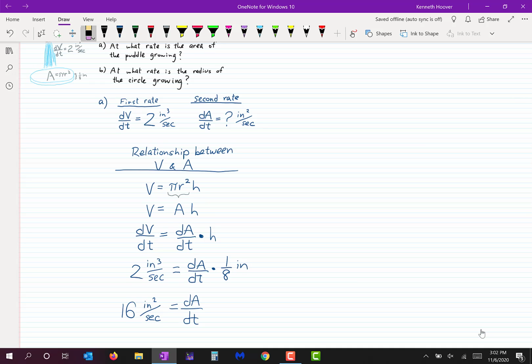Okay, now let's do B. Well, there's not very much to do because we're almost done. What would I do? I would write down the first rate. I've already done that. I would write down the second rate. I've already done that. Write down the relationship between the quantities. I already did that. The only thing for part B, the only thing to notice is they're asking us for